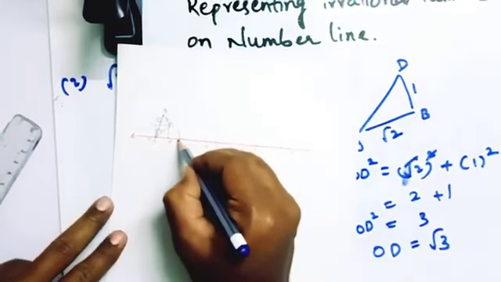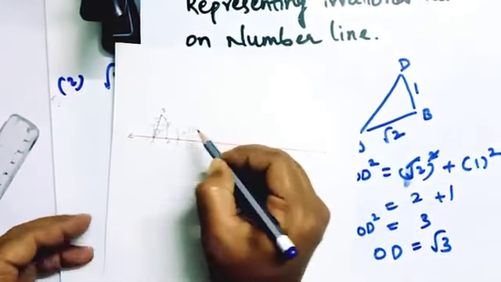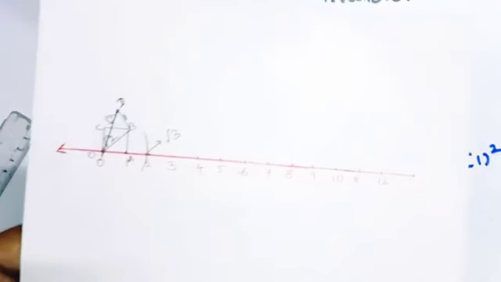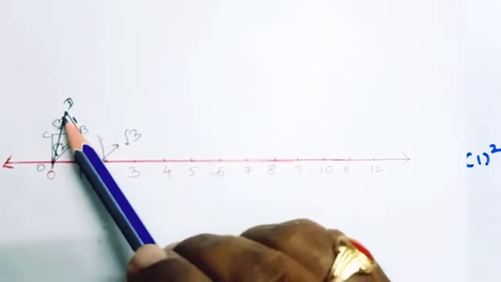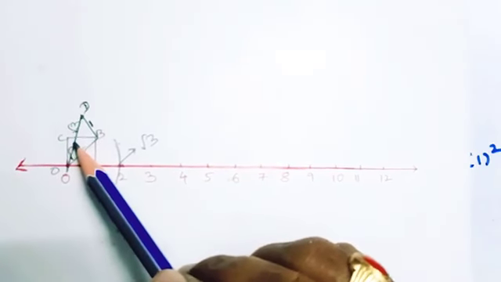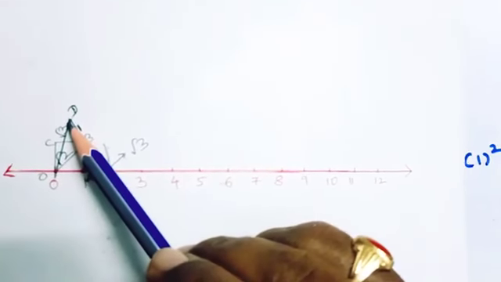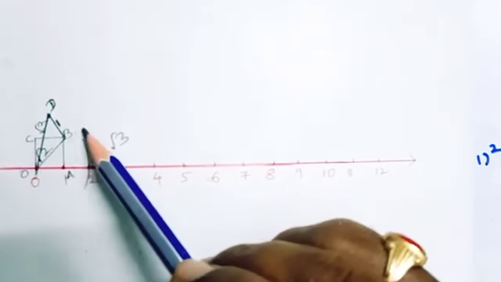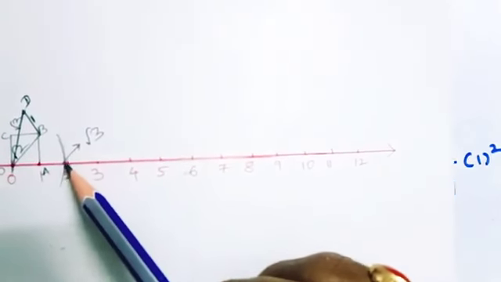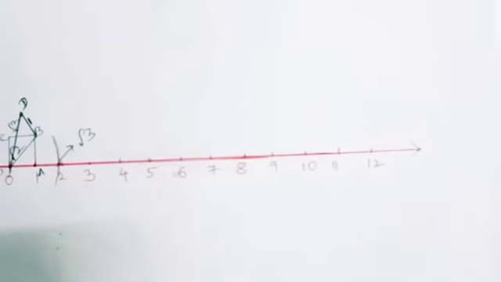Now this value shows the √3. So now look here. First, we have √2. By using the Pythagoras theorem, we need to find the length O to D. So take the compass, with length O to D as the radius and center O, and draw an arc. This you will get before the 2 value, that is √3.